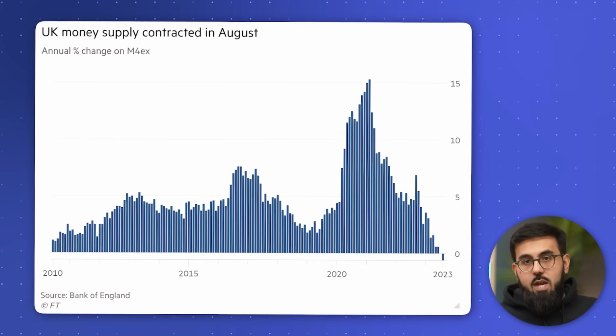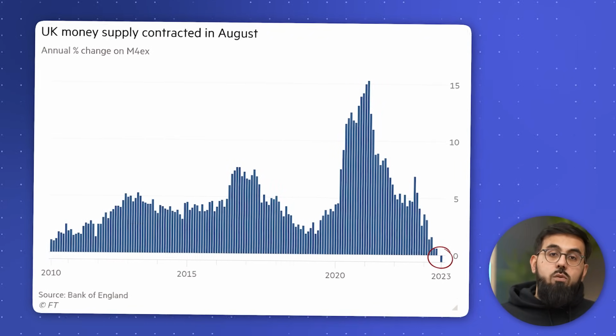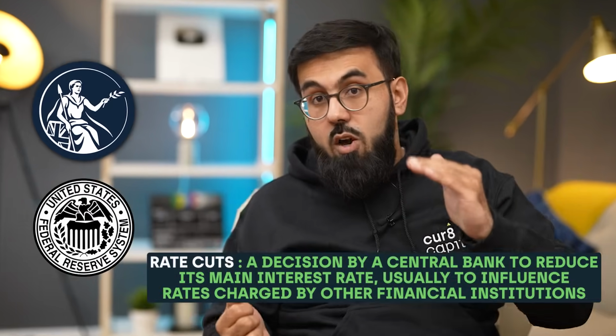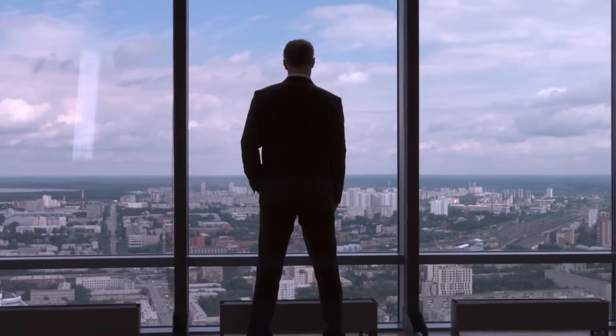The UK money supply, i.e. the money that is actually in the economy, started falling for the first time in years into negative late in 2023, as this graph shows. This is because interest rates have soaked up all that extra money and taken it out of the economy. But we're now getting to that critical stage where the Bank of England and the Fed are signaling that rate cuts are on their way because they want to encourage some of that savings account money out into the playground again. And this means the rich and the bankers don't get as much money for doing nothing in the savings account anymore because interest rates have fallen.